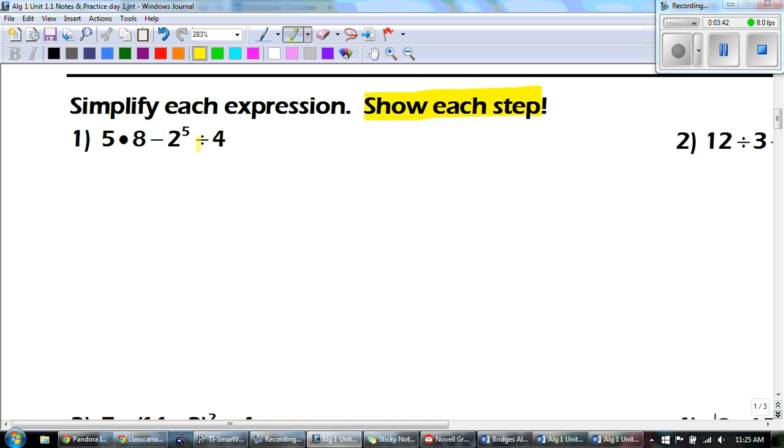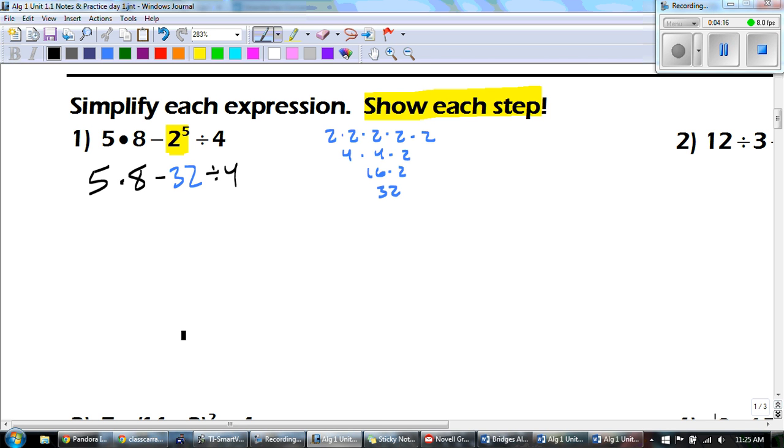Our first one is 5 times 8 minus 2 to the 5th power divided by 4. So order of operations, I'm looking for parentheses. There aren't any. So the next thing I need to look for is exponents. So 2 to the 5th power, if you don't know that, remember that is 2 times 2 times 2 times 2 times 2. 2 times 2 is 4, 2 times 2 is 4, 4 times 4 is 16, and 16 times 2 is 32. So we have minus 32